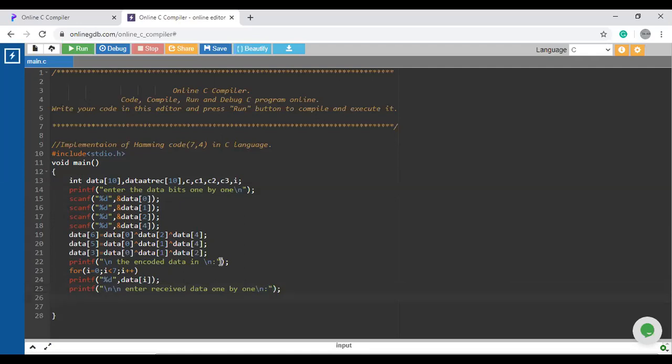So for this, we will again use the for loop for i is equal to 0, i is less than 7, and i plus plus.